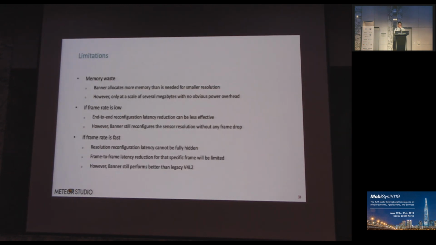However, there are several limitations in Banner. First, Banner allocates more memory than is needed for the smaller resolution. However, this is acceptable as memory is cheaper and cheaper. And also the additional memory allocation didn't incur power overhead because the memory power depends on the data rate. Second, if frame rate is low, end-to-end reconfiguration latency reduction can be less effective because Banner preserves the pipeline of the existing frames. However, Banner still reconfigured the sensor